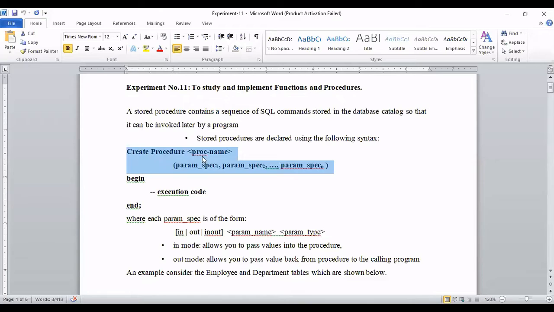Inside this angle bracket you can write any name, like abc, xyz, or employee record, anything as per the requirement of the task. This procedure is nothing but a task. Then parameters: like any function receives parameters or arguments, these are called the value receivers.